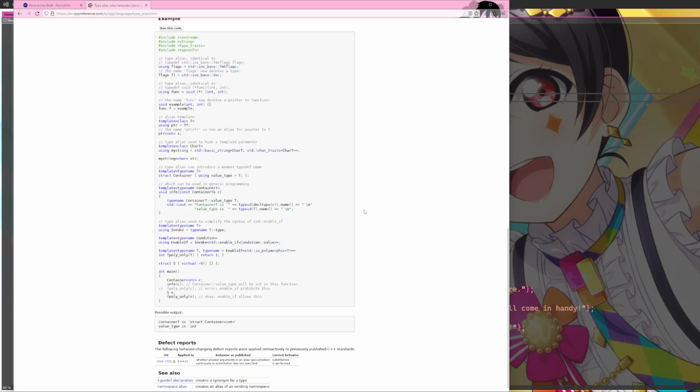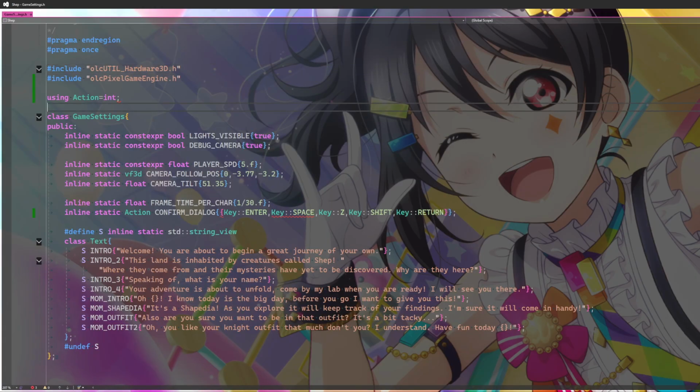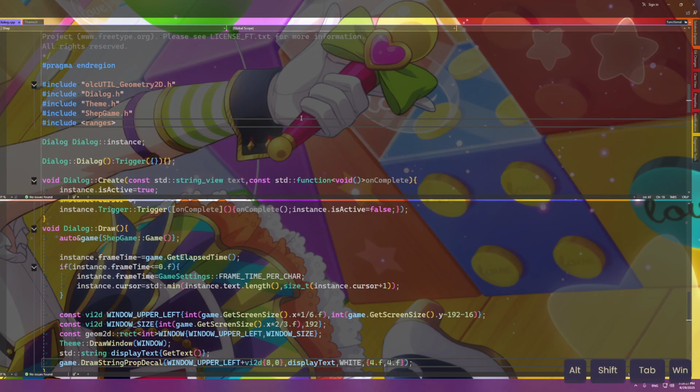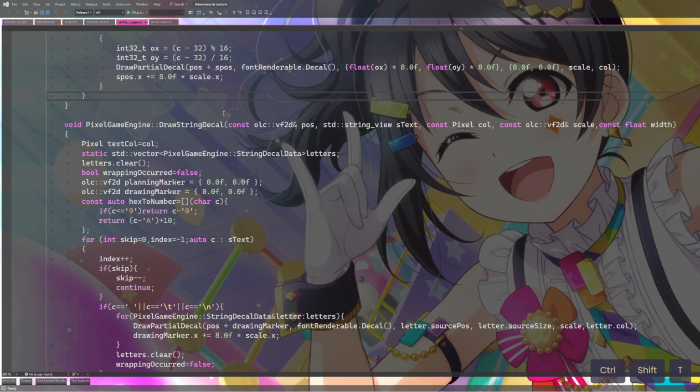I could have sworn this was supposed to be fine. I swear I've used this before, like in other things. Like what? I've definitely used it in other things.